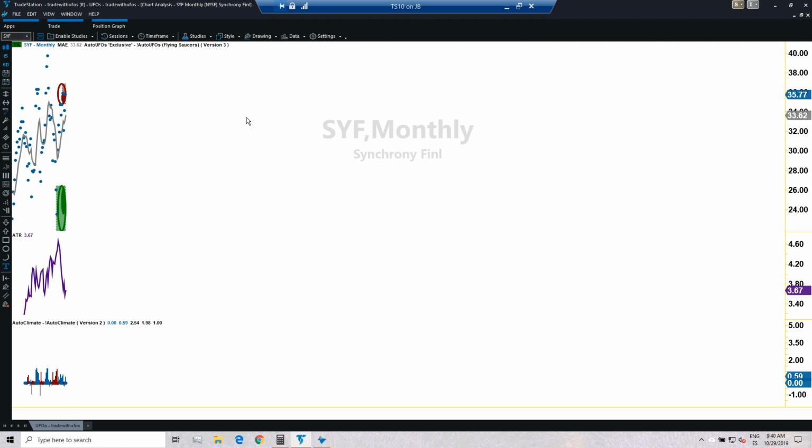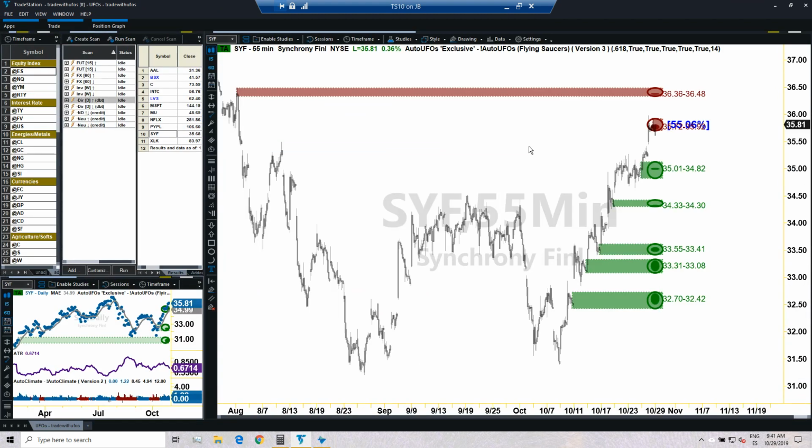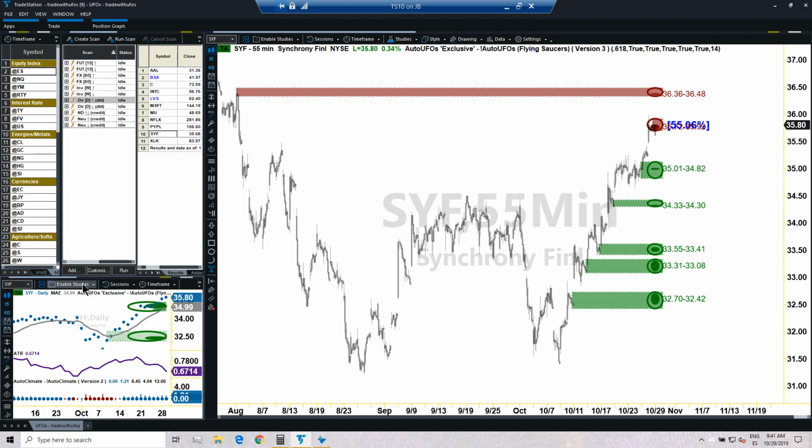Even though we have loaded the chart with the daily time frame, as you can see, it doesn't look like there is anything above, and therefore this trade is to be treated like that stock is making an all-time high, even though it's not really. At least at this moment in time, there is nothing significant that would stop that stock from going higher. There is no red UFO. So we're going to take this trade with no target and only a trailing stop, following price, attempting to maximize the profit in this potential up move. That's going to be the plan.